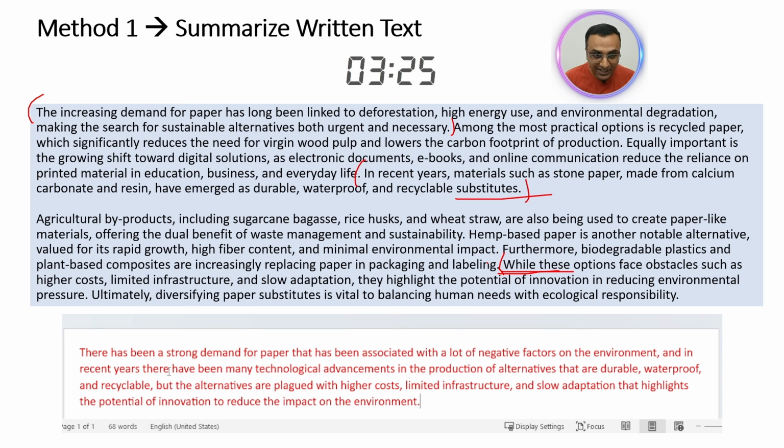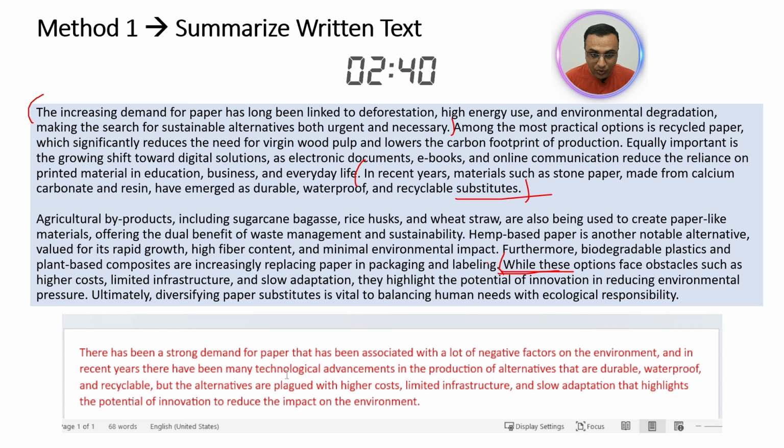There has been a strong demand for paper that has been associated with a lot of negative factors on the environment, comma, and I'm using a conjunction over here. In recent years, there have been many